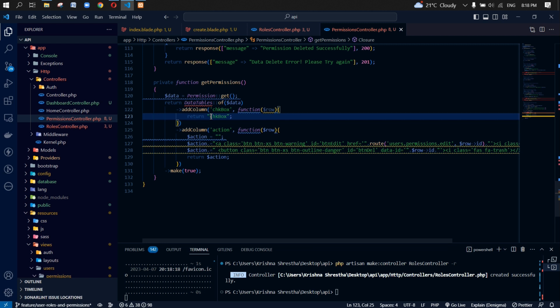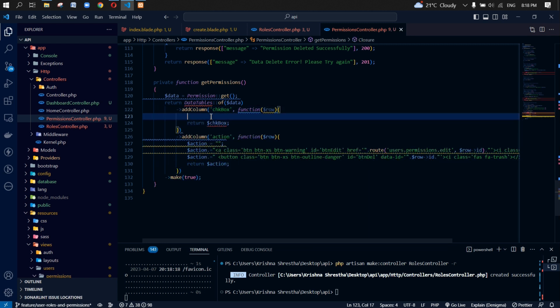It is giving me the checkbox here. We are going to replace it with the UI. Let's make a variable checkbox, and then inside it we are going to make input type as a checkbox,